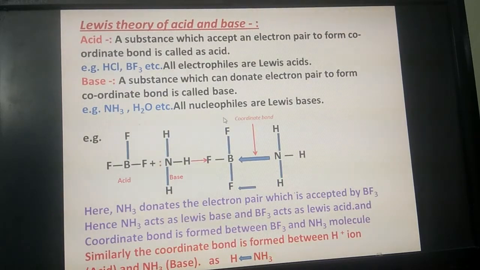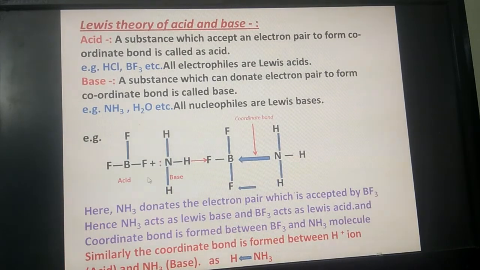Nucleophiles: negatively charged species or neutral molecules having an electron-rich center are called nucleophiles. Originally it is a negatively charged species, and the negative charge is on electrons, so it has more electrons. Therefore it is an electron-rich center. H-, Cl- are nucleophiles, and also NH3 and H2O are bases or nucleophiles.